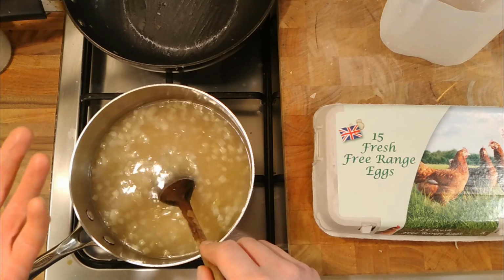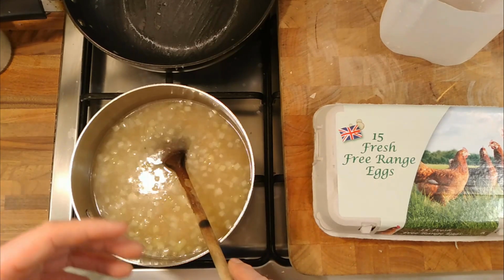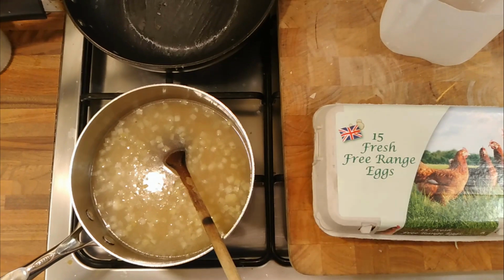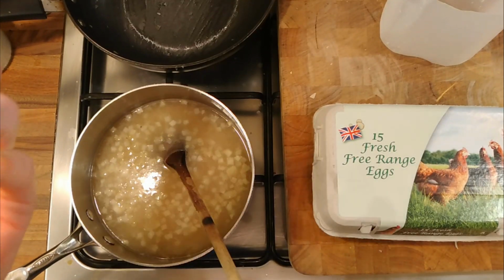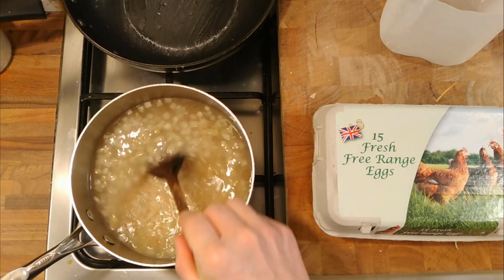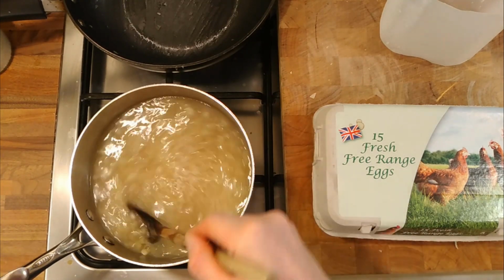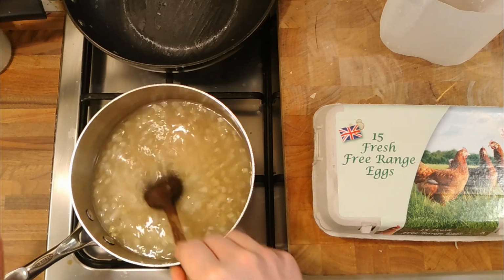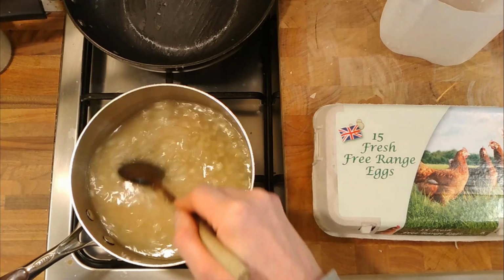You do it with a pasta carbonara, and you do it with other pasta dishes, and in really old-fashioned French cookery, you do something called a liaison, which is egg yolks and cream, and you add it to the end of a sauce, and it enriches the sauce. So if we could do it with pasta, we can do it with rice. Someone must be doing it. Someone must be putting an egg yolk in